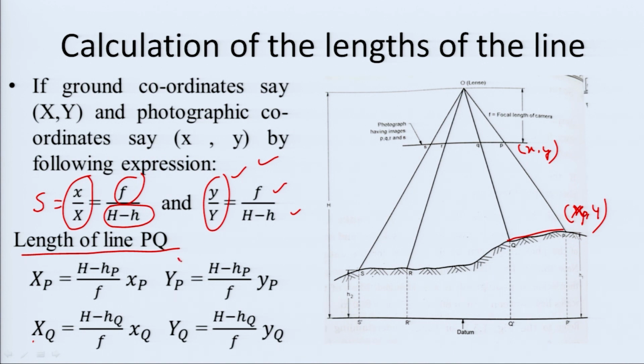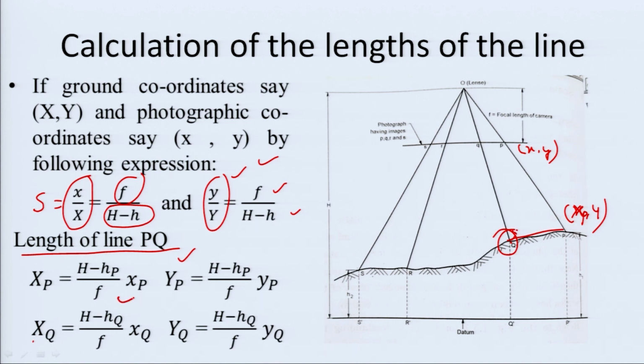Similarly, the y coordinate at a point P at ground level is represented by capital H minus small hp upon focal length into yp, that is the coordinate on a photograph. Similarly, at point Q, we can also calculate the coordinate by using this equation, xq is equal to, now talking about that point Q,